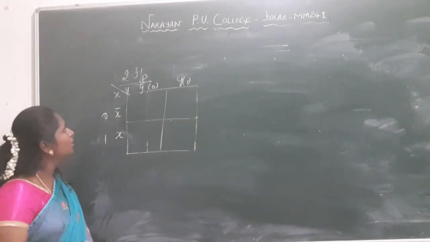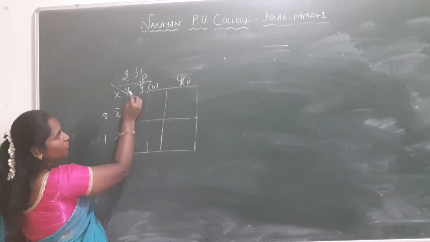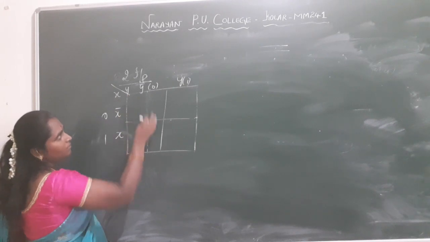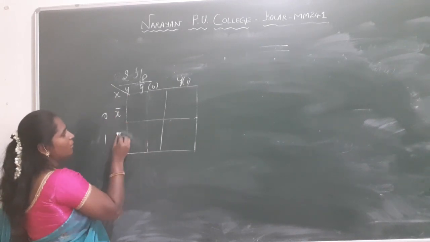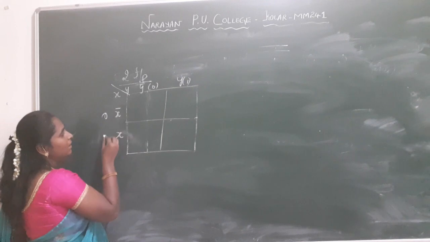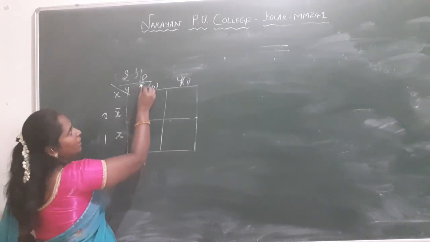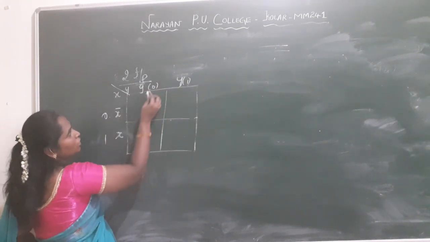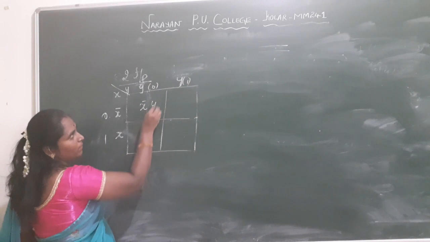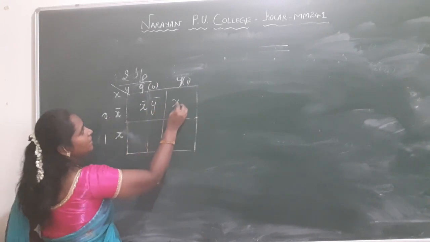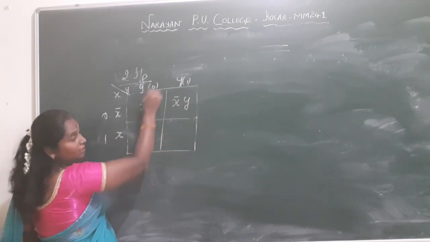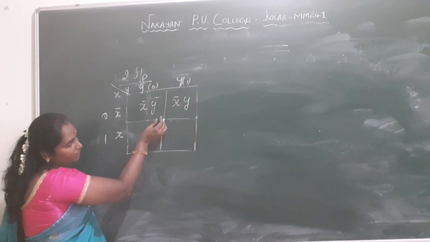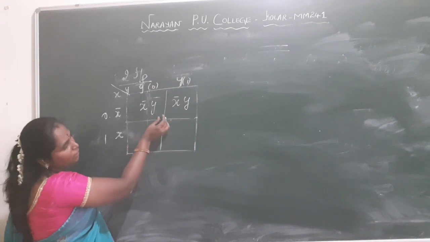Now next we will see how this K-map is being used. For 2 inputs, the inputs are x and y. These are my rows and my columns: x bar and x, and here y bar and y. So 0, 0 is x bar, y bar. Next 0, 1 is x bar, y. First, before going to this, we are going to mention the subscript numbers to each square.